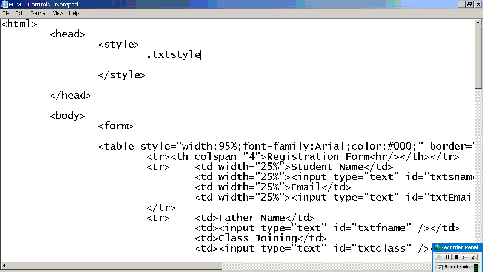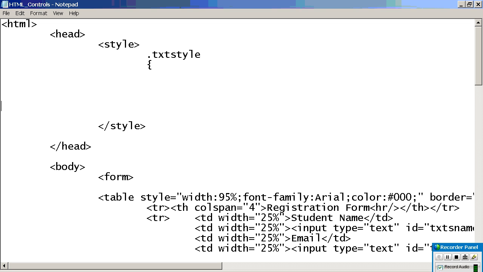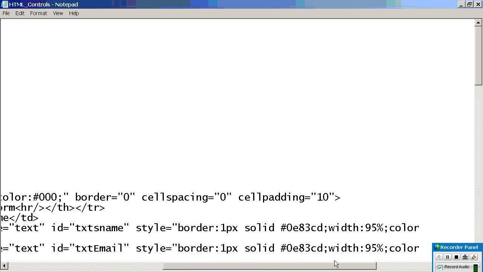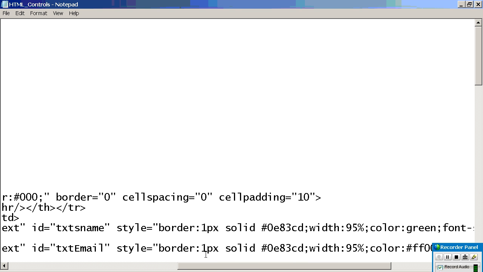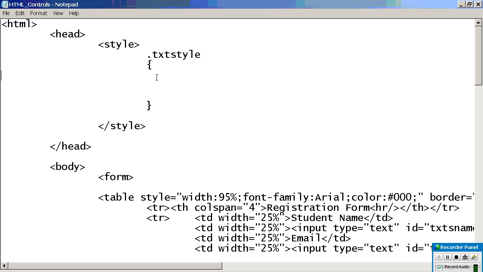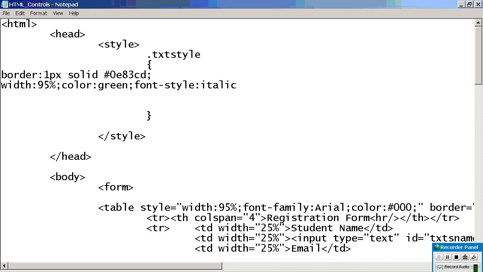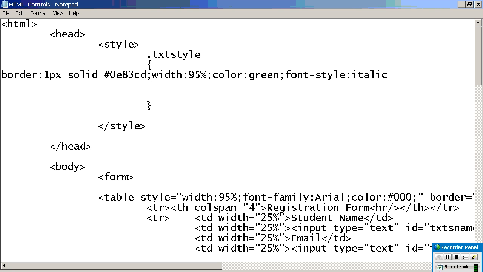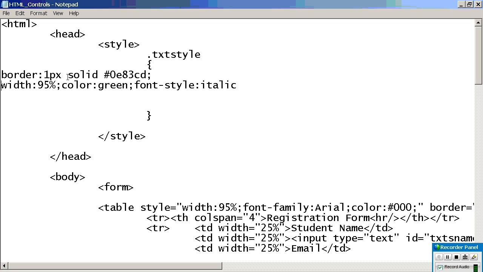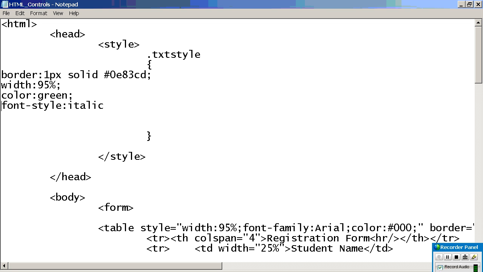Are you understanding? So what you can do, open brace, end brace. Now what I will do, whatever I have done here, are you people understanding? Whatever I have done, I am just cutting and then pasting. You can give it like this or you can keep it in a single line. Are you understanding? For better understanding, we can give it like this or you can write in a single line.